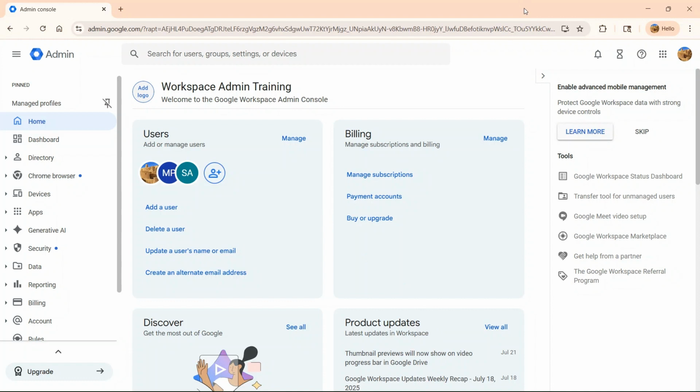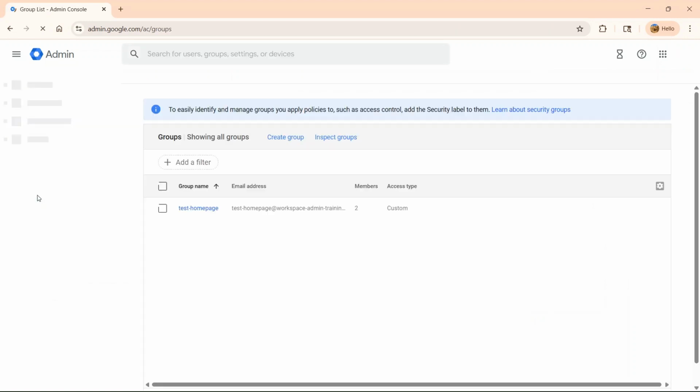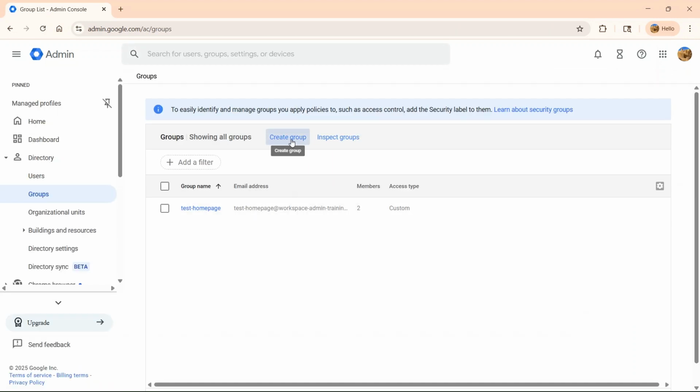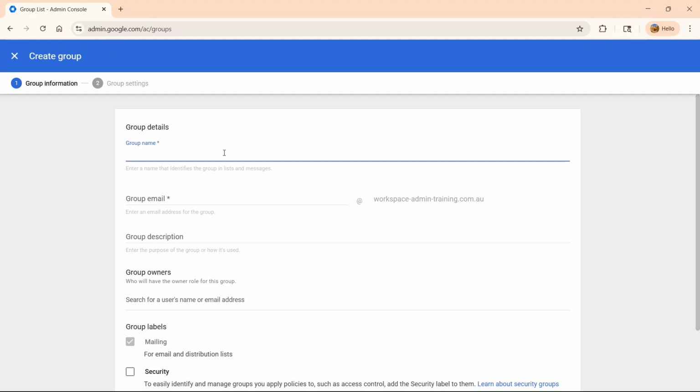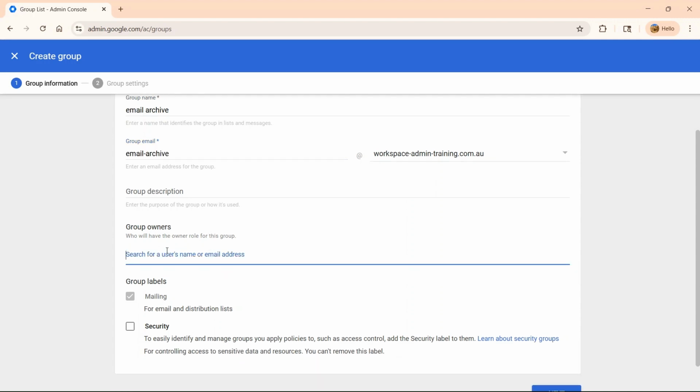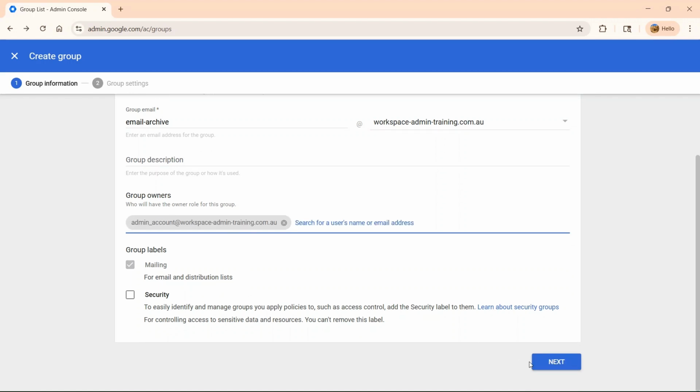Right, as always, we're going to start in the admin console. So fire up your browser and log into admin.google.com. And then the first step is to create a Google group. So go to Directory and then Groups. Click on Create Group, enter the group name, enter the email address, and make a note of this as you're going to need it again in a minute. Then add yourself as a group owner. Click on Next,